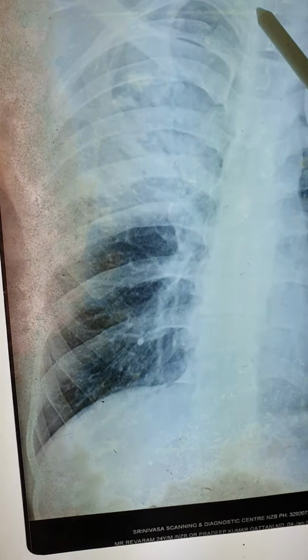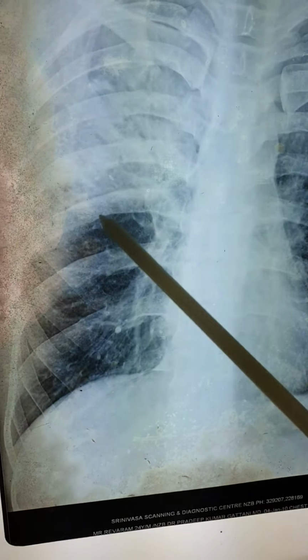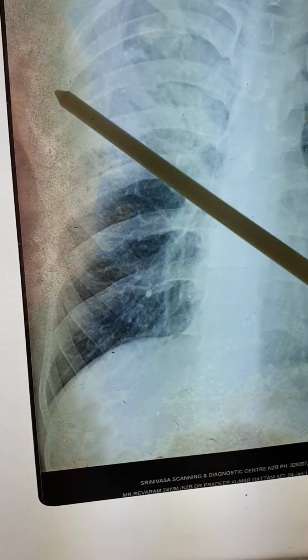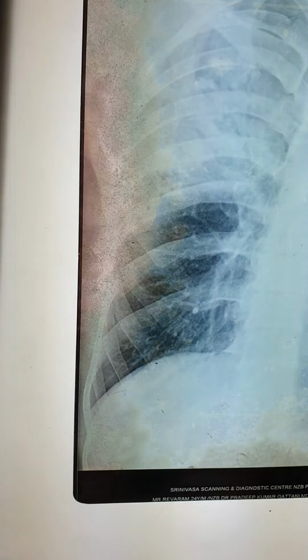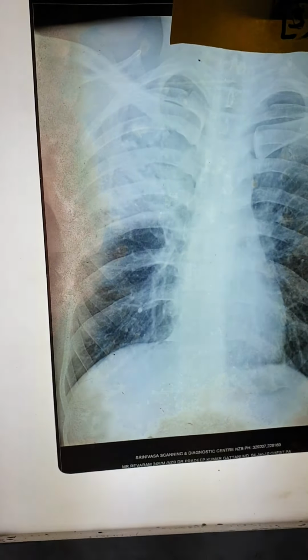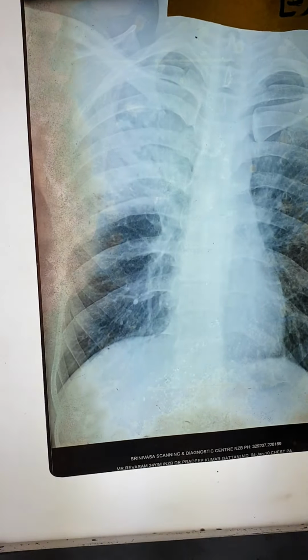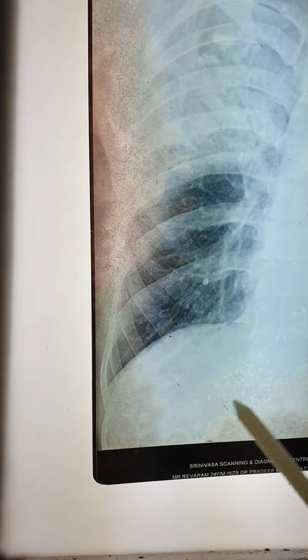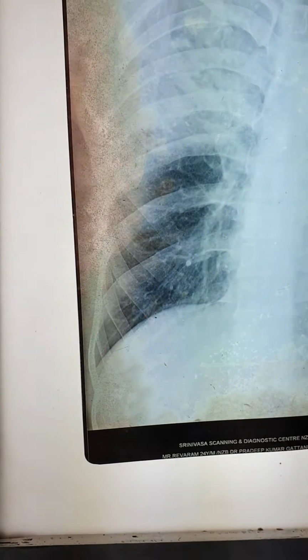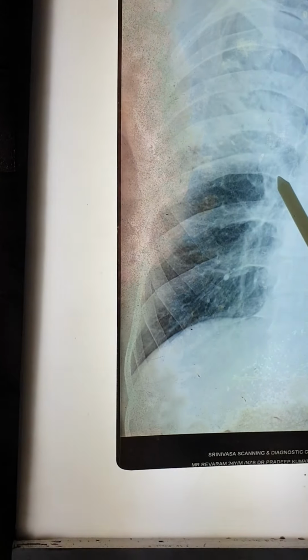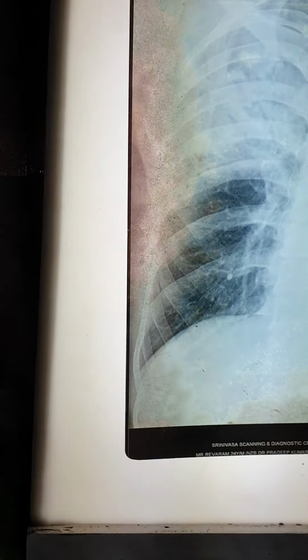But what you see in the right side, the right lung, in the upper zone, you find homogeneous density opacity. The trachea shadow is like this. Homogeneous opacity in the upper zone, right side, suggestive of the possibility of right upper lobe pneumonia, because the CP angle is free, there is no evidence of effusion. The left side is normal, the right side mid zone also normal, lower zone normal. Most likely an upper lobe consolidation pattern. So you talk about pneumonia in this case, consolidation of the right upper lobe.